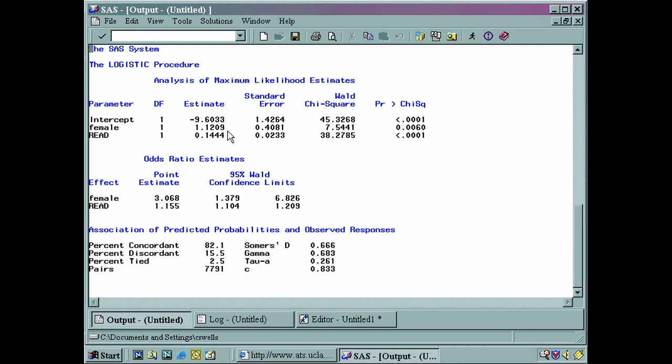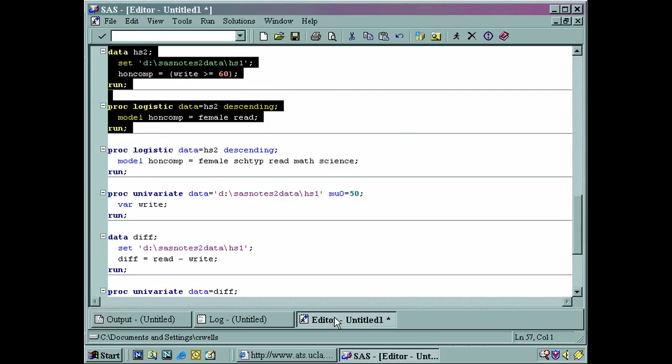And remember here that these estimates are log odds, they're logits, and they are not in the same scale that the original variables were in. Okay, so you need to be very careful when interpreting these numbers here. And SAS also gives us the odds ratios that are associated with these estimates and the confidence intervals for that. So we have all that. Let's come back to our program now. And it looks like we have one more